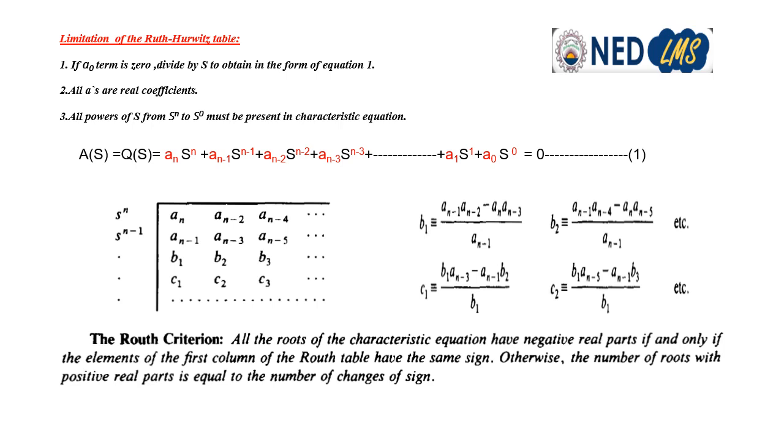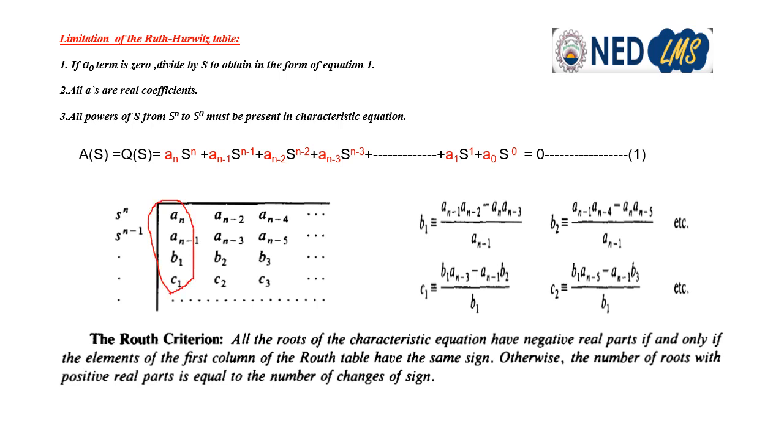So we have calculated the Routh table. Now we see what the criteria is for finding the stability from this Routh table. The criteria is that all the roots of the characteristic equation have negative real parts if and only if the elements of the first column of the Routh table have the same sign. It means that the first column of the Routh table,